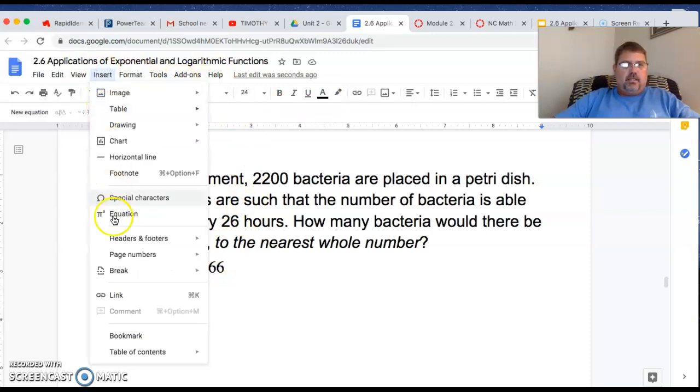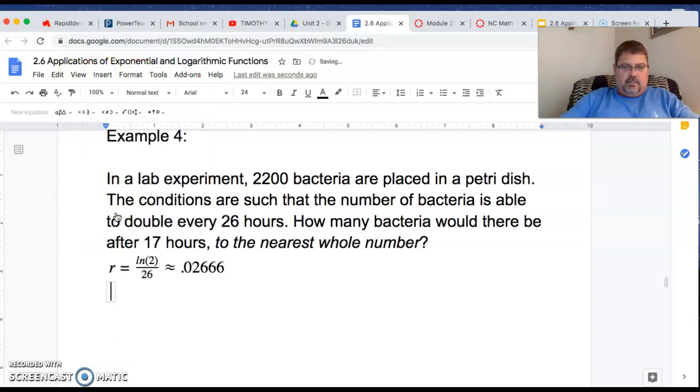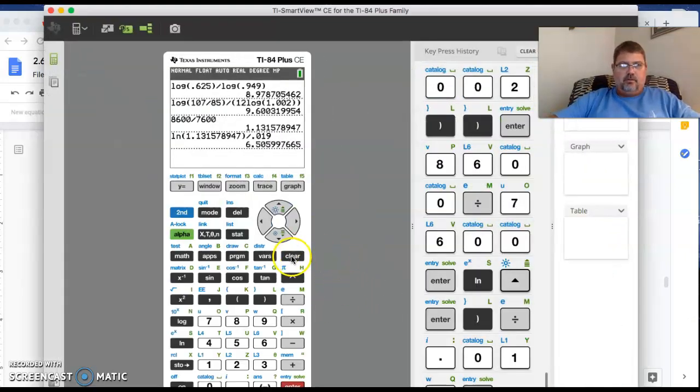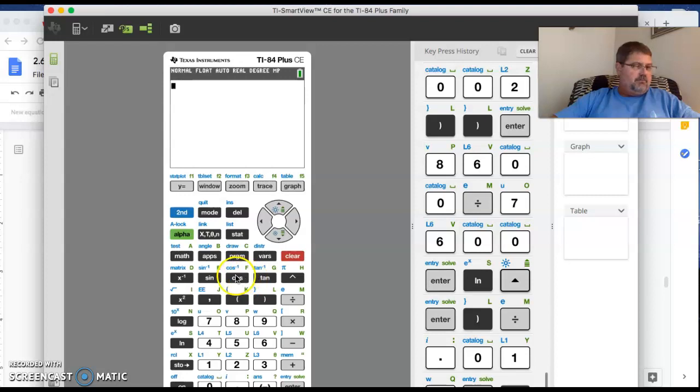So what we're really looking at here is N of 17 equals the initial amount, e raised to the 0.02666 times 17, right? Because that's our independent variable. And let's calculate that real quick. Oh, it looks horrible, doesn't it? Okay, so we have